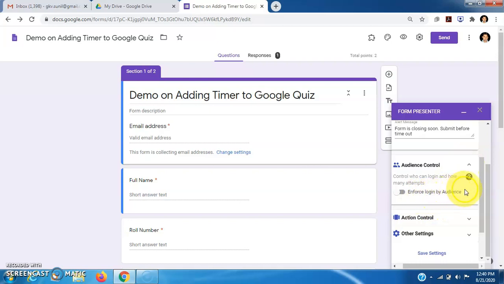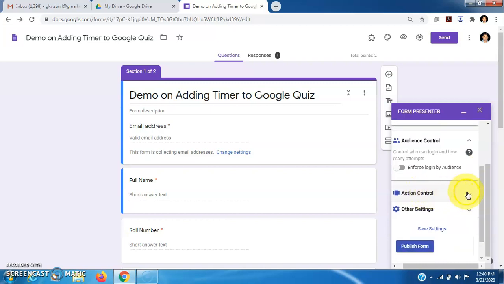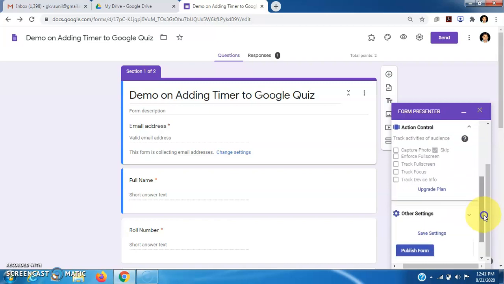Enforce login by audience. If you want the participant to log in first, we can enforce login by audience. We can check on action control. We can track activity of the audience such as capture photo, enforce full screen, track full screen. Yes, these can be allowed.